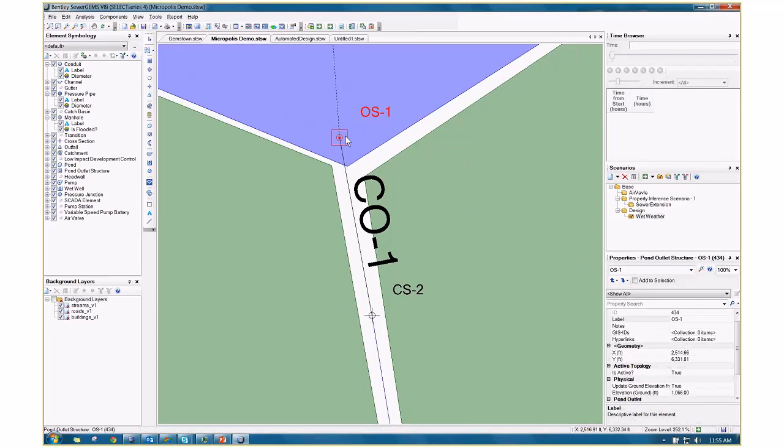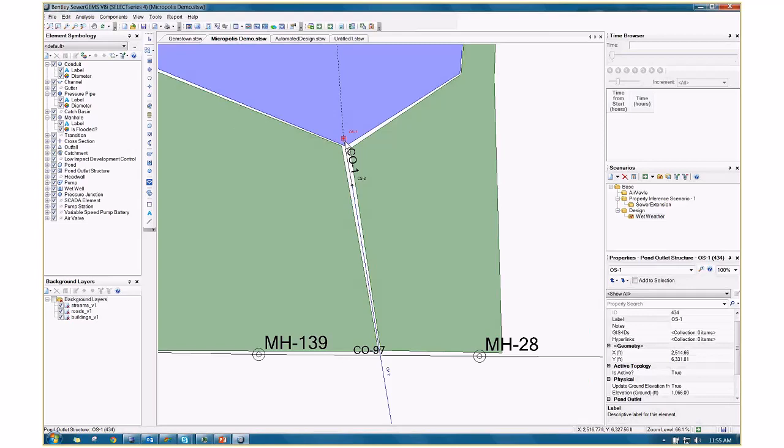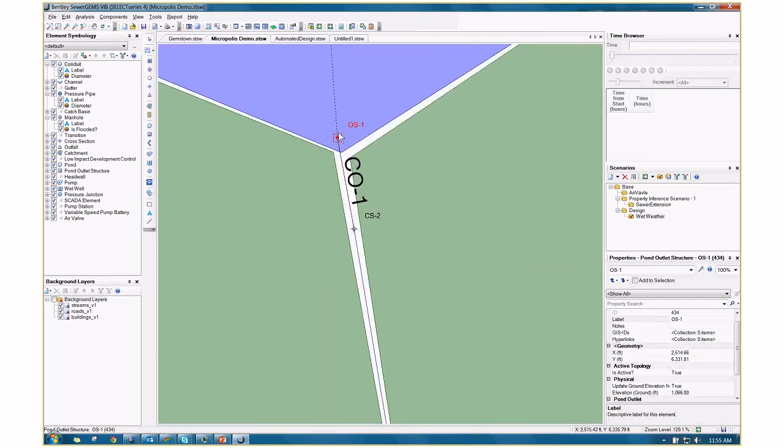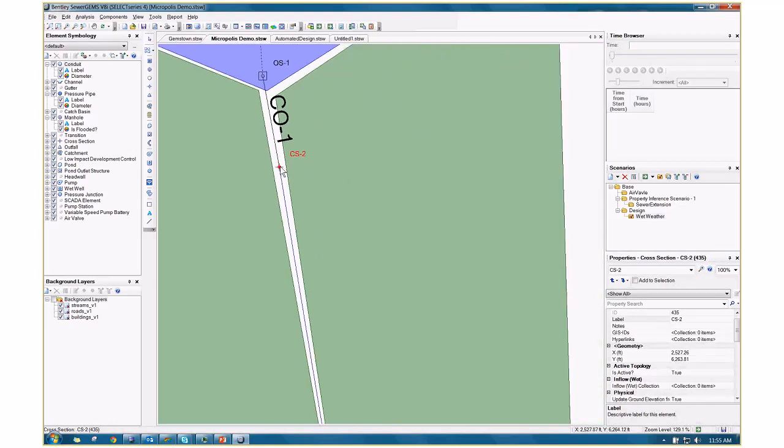ओके, ठीक है, यानी ये डिटेंशन पॉन्ड में एक लेवल से ऊपर अगर पानी जा रहा है तो वो इस आउटफॉल स्ट्रक्चर में पानी जाएगा, जहां से ये पानी ये कंड्यूट से कैच, देखो यहाँ CS दिख रहा है, CS is nothing but cross section. ओके, अभी देखिए मैं इसके प्रॉपर्टीज में जा रहा हूं, और इसका जो सेक्शन टाइप है प्रॉपर्टी का, it is cross section. देखिए कैसा है, ट्रेपेजॉइडल है, जिसका मतलब ये है कि this is an open channel,